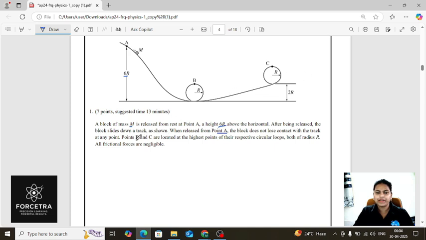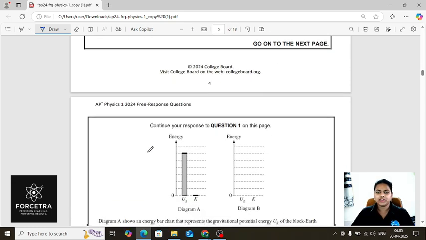So at point B, this is r and this is r, so it is at 2r height. And at this point again this is 2r. At point C, it is 4r. Both points are located at the highest point of their respective circular loops. Both radii are given, and frictions are negligible. Okay, so in this question, first,